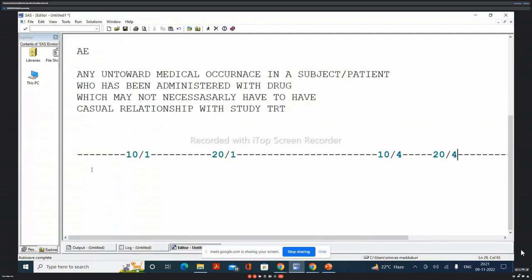Now, a subject called 101 is involved in this clinical trial. He is a healthy person. During the clinical trial, obviously, what will he do? He will take the treatment. What do you mean by treatment? He will take maybe the study drug, or maybe a standard drug, or maybe some placebo, a dummy drug. Whatever the treatment, whatever the drug he is taking, during the clinical trial, if he faces any untoward medical occurrence,